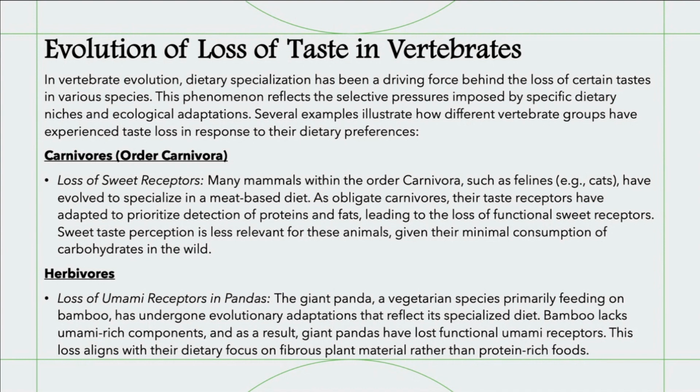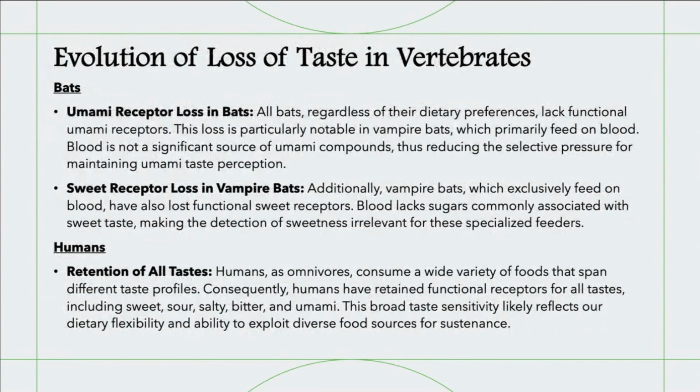This aligns with their dietary focus on only eating plant material instead of protein-rich foods. Because remember, we said umami receptors are able to detect the umami flavor because the umami flavor is rich in proteins. But if you're not eating proteins, then these animals would not have the umami